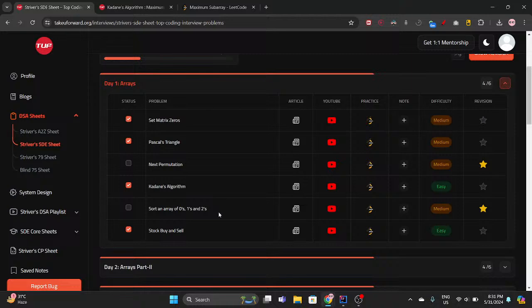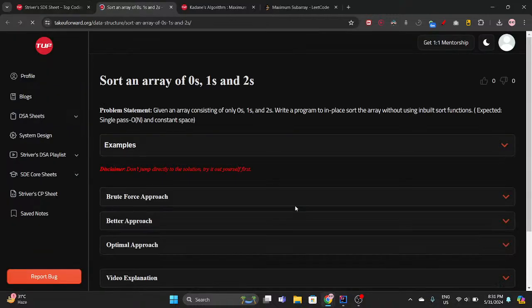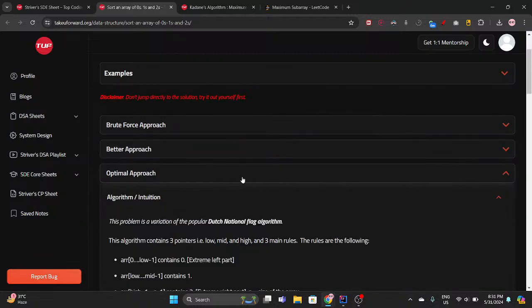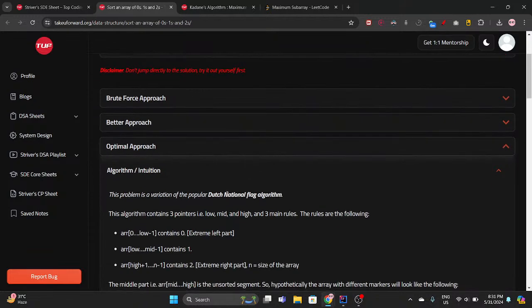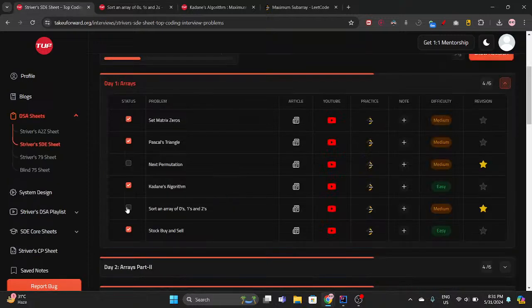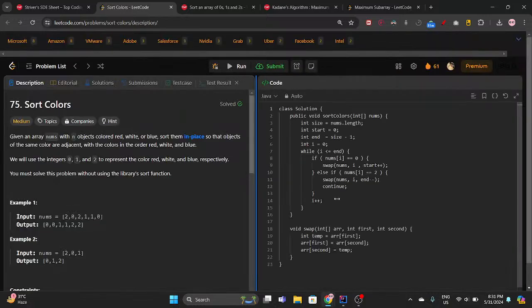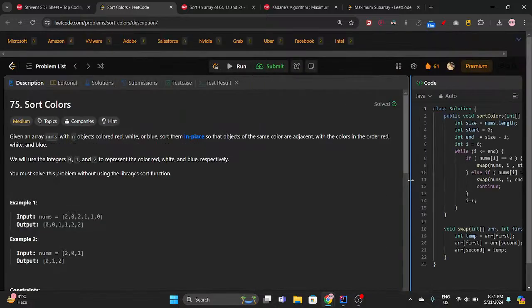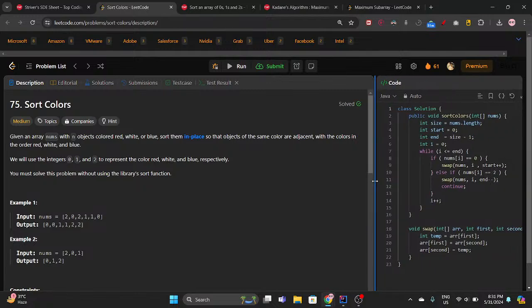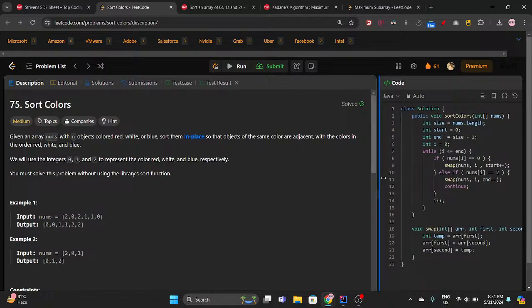Sort array for this is the Dutch national flag algorithm. I remember this quite well. What happens over here is quite interesting. We will require 3 pointers. How do these 3 pointers play the game? I've used over here 2 pointers. Okay, so